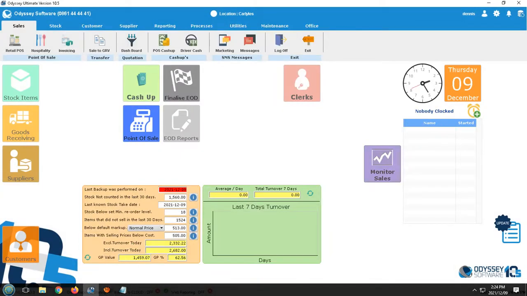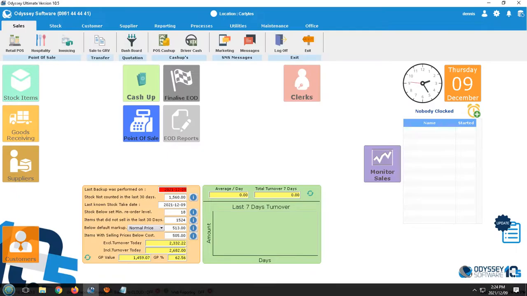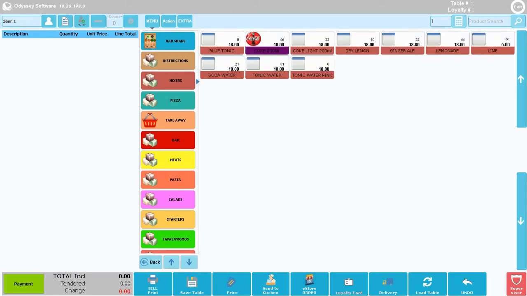And when we go to the point of sale section, it makes it much easier for your staff to find the can of Coke on a picture than reading